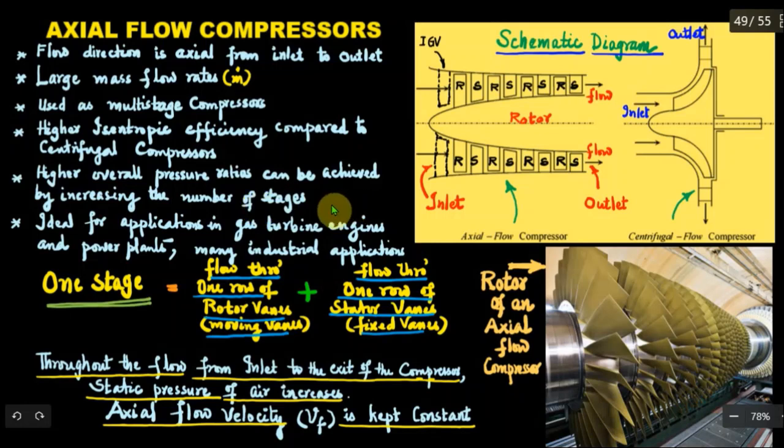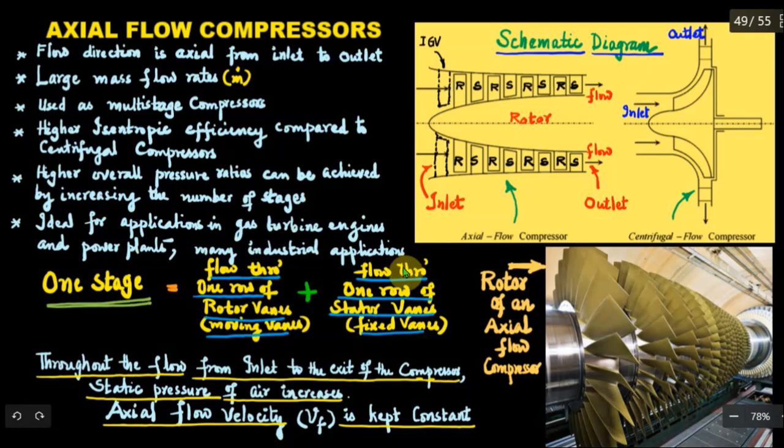Remember, in a single stage, the pressure ratio that can be attained by using an axial flow compressor is limited to around 1.3. But by increasing the number of stages, higher overall pressure ratios can be achieved. These types of compressors are ideal for applications in gas turbine engines, gas turbine power plants, and they have many